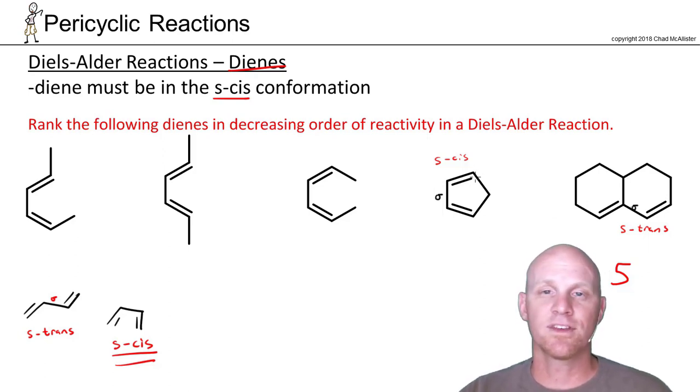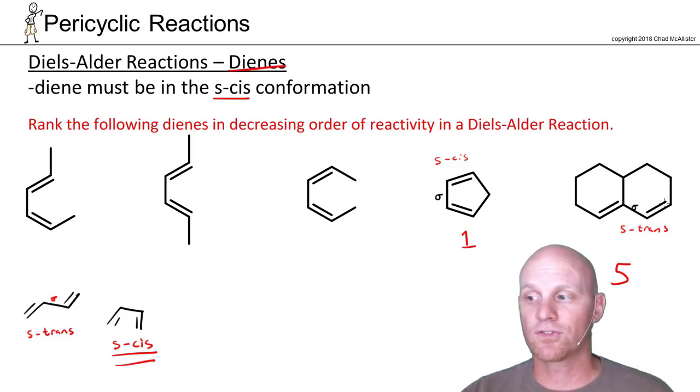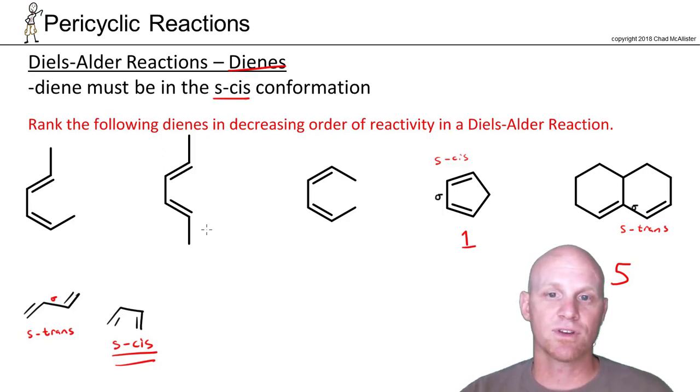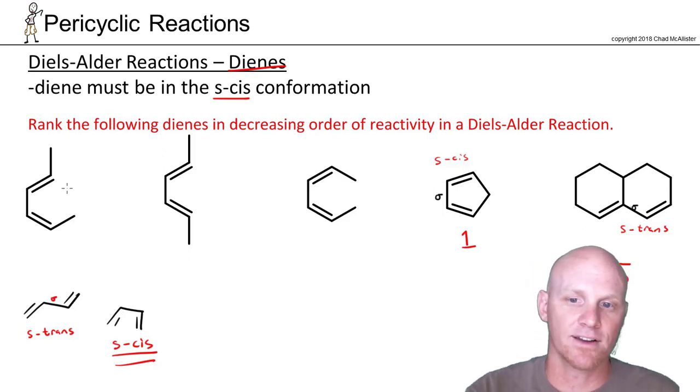Whereas this one here, this one's essentially locked in the S-cis conformation and is going to do Diels-Alder very rapidly. In fact, it'll often do Diels-Alder reactions with itself in solution and stuff like this. And so he's definitely number 1. Now the other 3, they're not cyclic, so they're not going to be locked either S-cis or S-trans. So they're not going to be as fast as this one or as slow as this one, which won't even work. But we can look at some different factors which will affect how fast they react, and it comes down